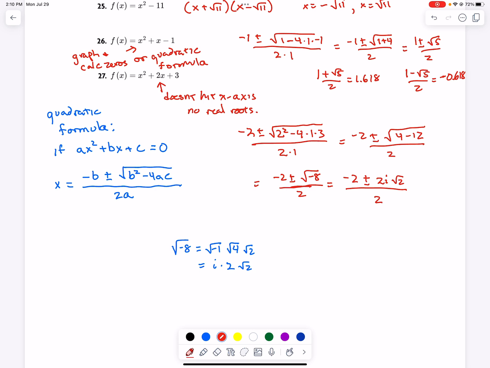Okay, now notice the only factors we can cancel are the 2's that are on the outside, and we can only cancel if we can cancel it from every term. So final answer, negative 1 plus i root 2 and negative 1 minus i